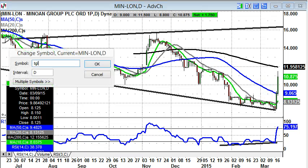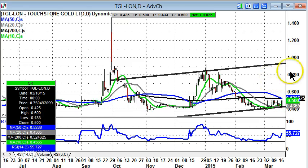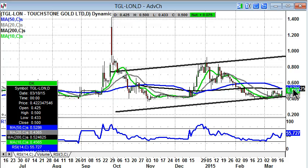A stock which I've been looking at several times over the recent past, and which is starting to come good in terms of delivering what may be a sustainable revival, is Touchstone Gold. The base really here is around the 0.45 to 0.55 pence level. A little bounce in the RSI indicator and an extended bounce off the floor of this rising trend channel from October. That's running at 0.43, which is the 20-day moving average, and while above that, aggressive traders